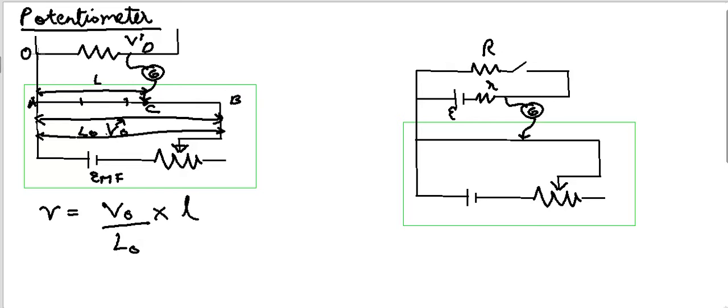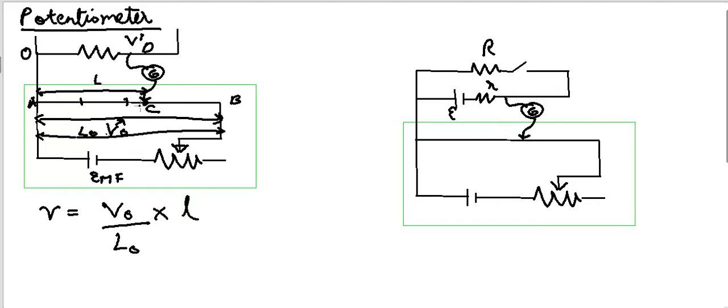Because I have connected O and A, O and A will be at the same potential. So I have to find a point on this wire whose potential will be the same as point D. As I move the jockey across the wire,